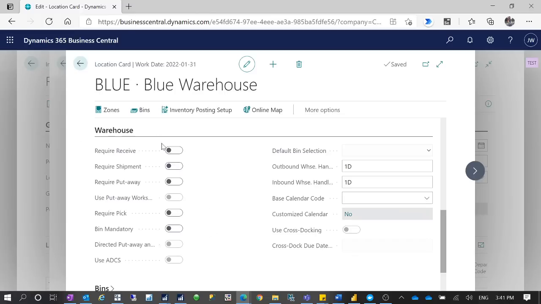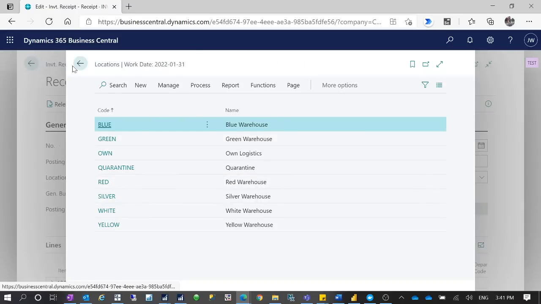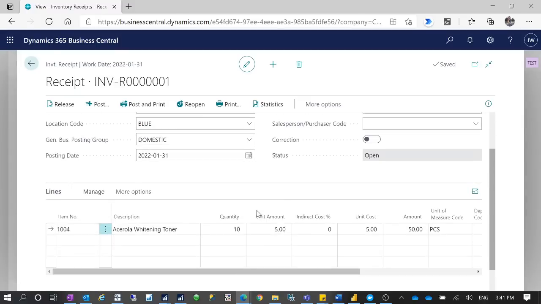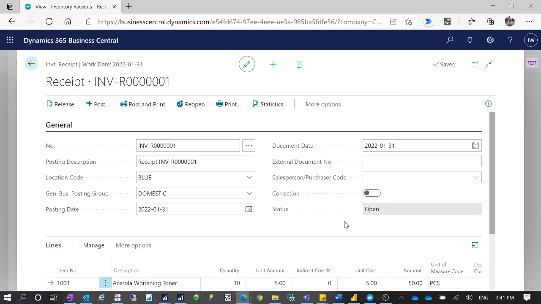And so none of these features need to be turned on to use the inventory receipts and the inventory shipment. That's an additional document, following the same structure as your purchasing or sales documents, but it's separate. You can separate different people by different responsibilities with these documents. Okay, so